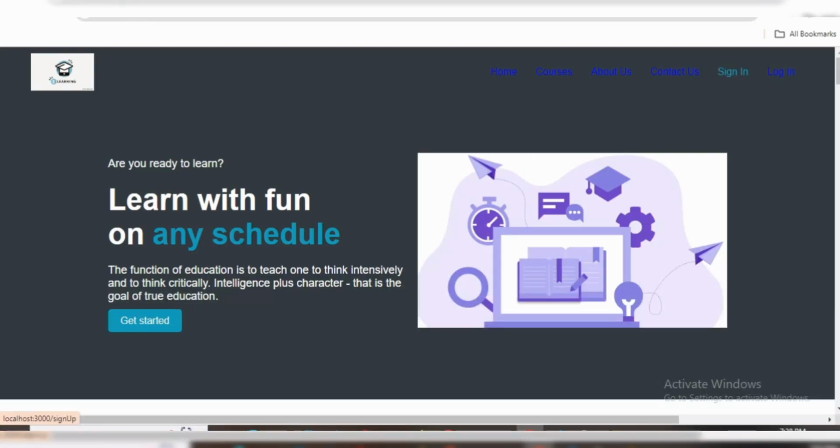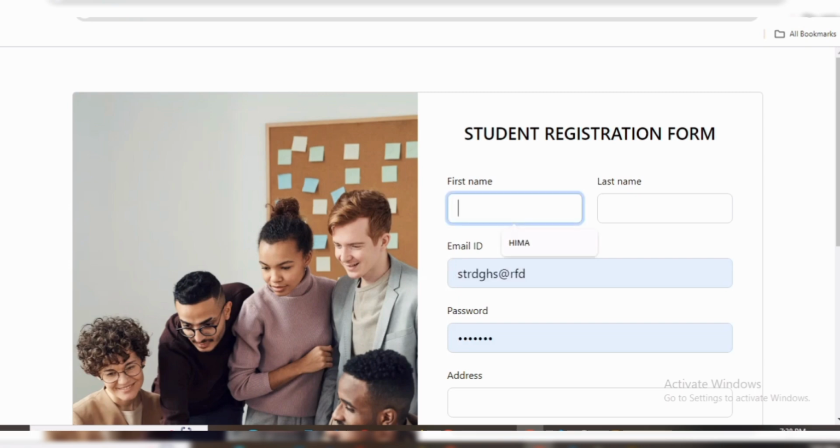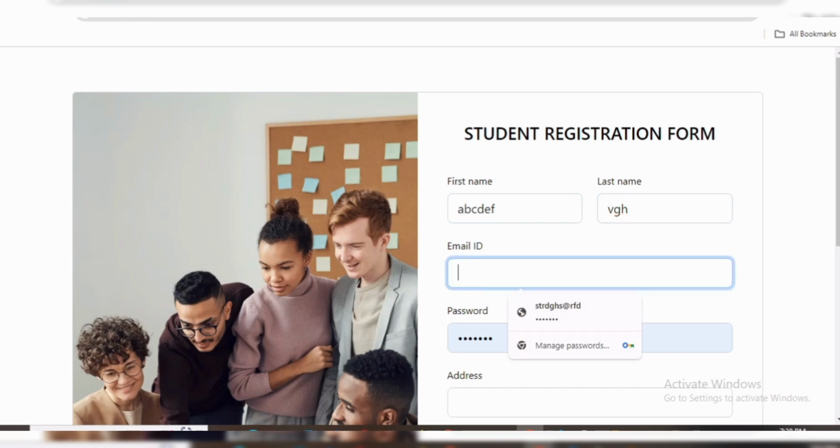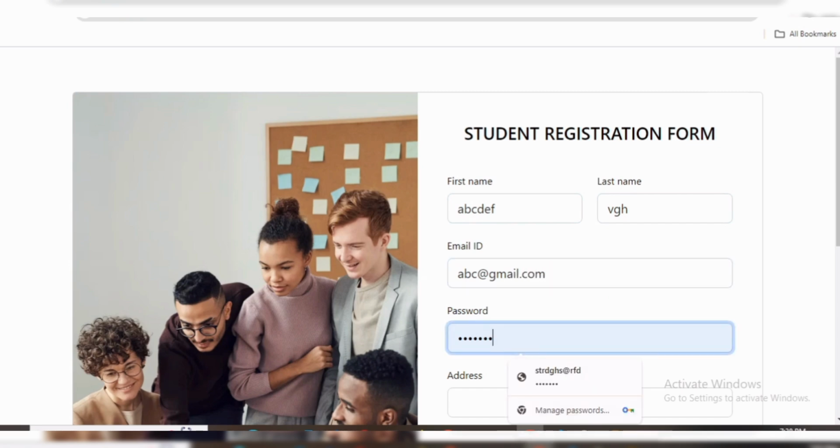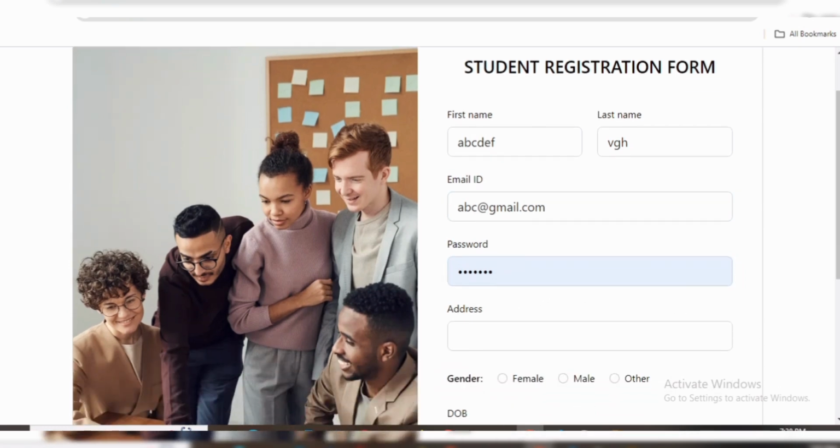If you have to sign in, this is the sign in button. If you give a name, I want to give the name ABCDEF, and you have to give the last name. I have saved the email and the password in the last case, so it shows. If you give another email, and I have to use the same password, abc@gmail.com. And the address,